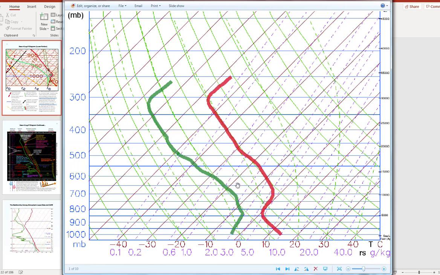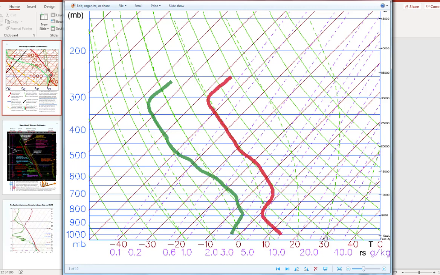Okay, at what pressure? So we'll go up the temperature profile and we'll find minus 20. See right here, this is the minus 20 isotherm. Go up that, find where it intersects the red temperature profile line, this line here. You can see that's right here. And that's between 500 and 550 millibars. So 525. 525 millibars would be the pressure level, the pressure surface or level at which the atmosphere is at negative 20 degrees Celsius. Okay,